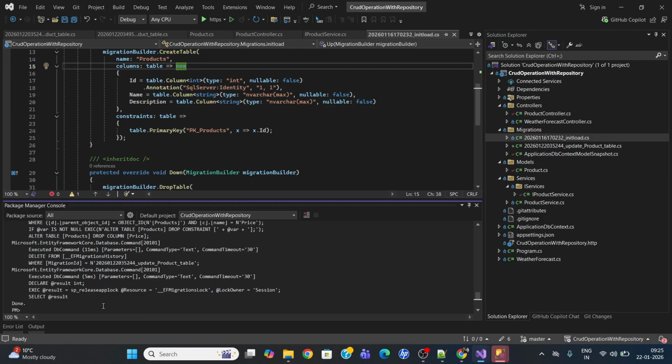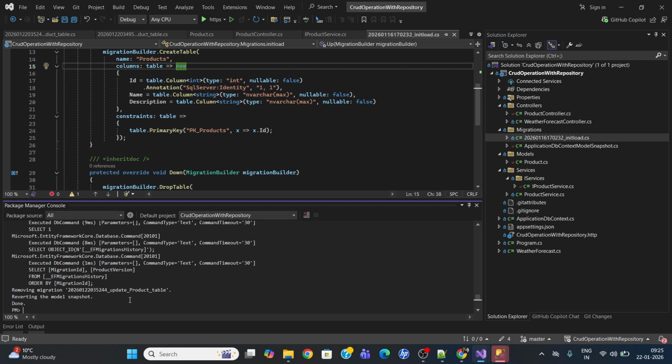And after that you can run the remove migration command to remove the migration from here. So you can run this command. So this migration will be removed from here. But if you